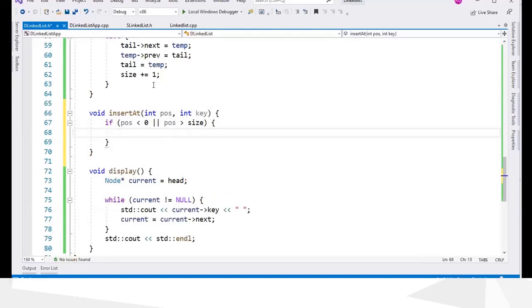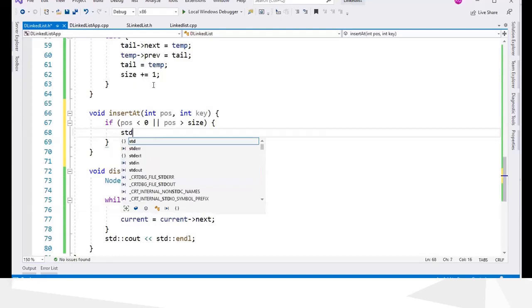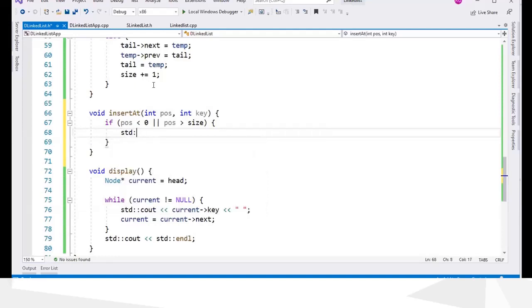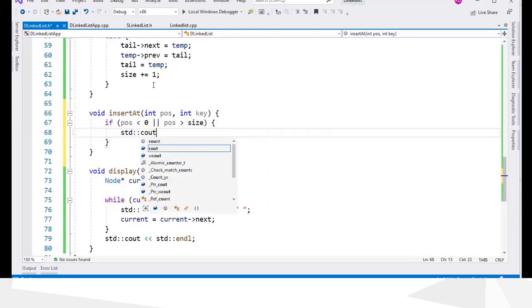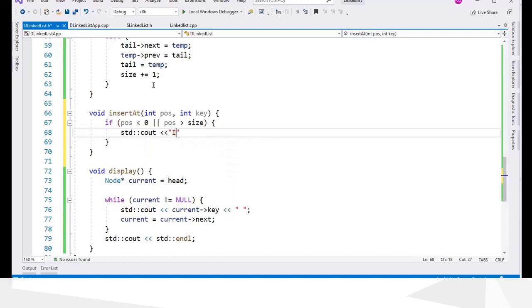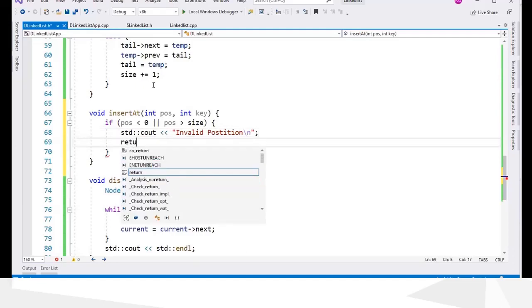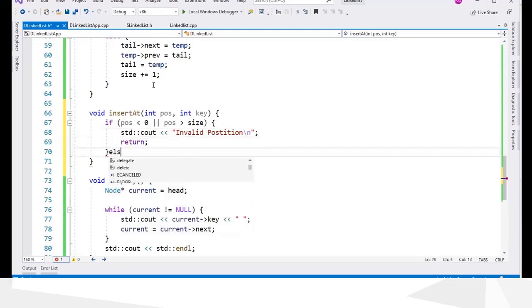The position should be equal to 0 or greater than 0, or equal to size or less than size. So this is invalid, so we can return from the function.